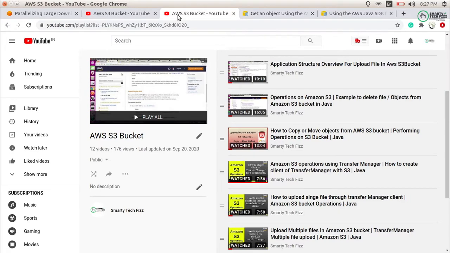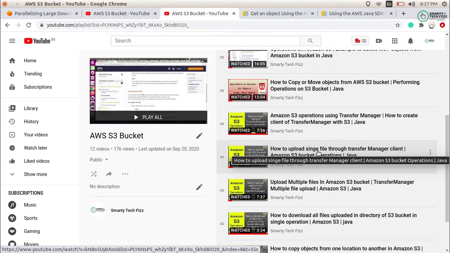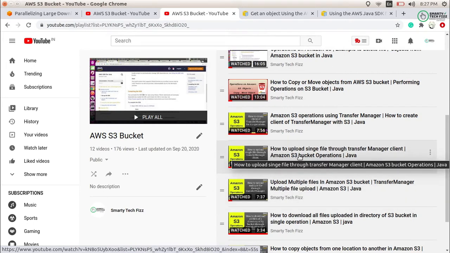You can find the same thing in this video, where I have shown how to upload a single file through the transfer manager client. We uploaded a single file and multiple files, and in this video you will even find downloading the same file.